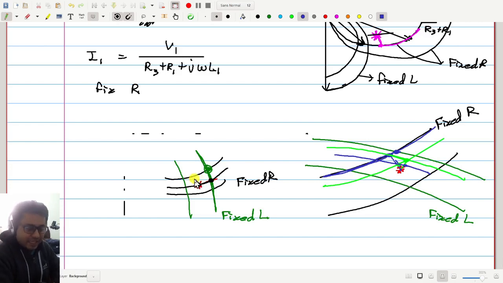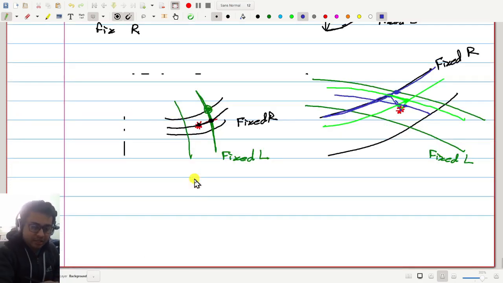So this is another issue: how easy a bridge is to balance. That is also considered when engineers design different bridges, which we cannot go into much detail about. But any questions so far? Is the idea clear? Can you visualize these things? Yes, sir. Okay, thank you.